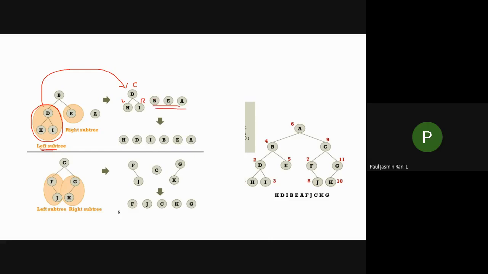Now this part comes under the whole left subtree of this root node B, and this part comes under the other side. Let's see this one later. So now what happens? You have an LCR. Can you follow this one? Now which one do I have to concentrate on? Again, I have to take this H. If I'm taking this H, I have categorized this one, and now I am in the H part.